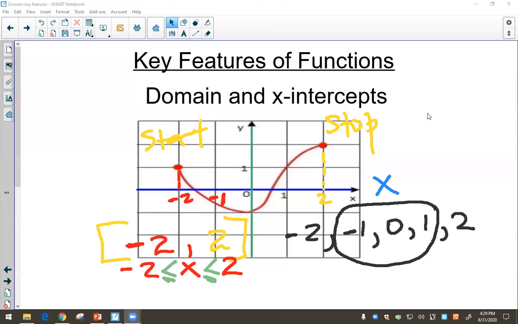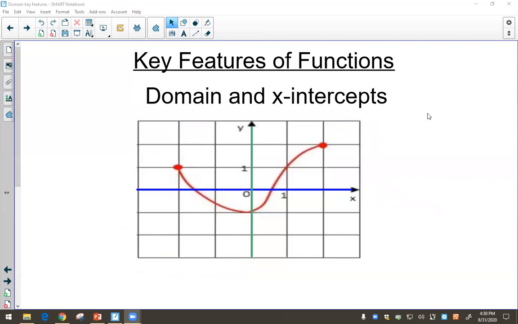Okay, so that is basically my domain from -2 to +2. Okay, all right. The x-intercept, it's a piece of the domain. So there you see the entire graph, but we want to look at the piece of the graph that is related to the x-axis. Okay, so your x-intercept is where the graph touches the x-axis. That's the blue line. So let me clear all of this. So, it touches the x-axis,